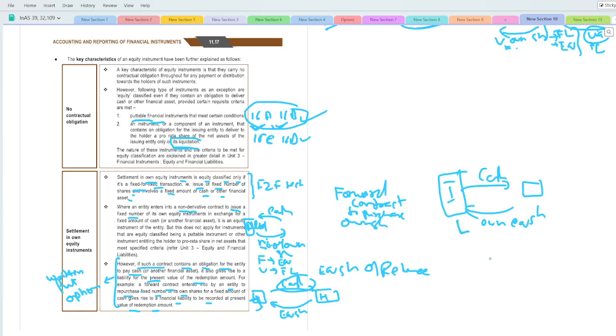और ये कैसे रिकॉर्ड होगा, present value of the redemption amount. ठीक है, तो सपोज ये हेयर आपका ये फॉरवर्ड कॉन्ट्रैक्ट से मान लीजिए 1 ईयर का है कि 1 ईयर के बाद ये कॉन्ट्रैक्ट एक्सरसाइज होगा. तो इसमें जो आप यहाँ पे सपोज मान लो 1 लाख पे कर रहे हो. ठीक है, 1 लाख पे कर रहे हो और इसके बदले आपको इक्विटी शेयर्स मिल रहे हैं. ठीक है.